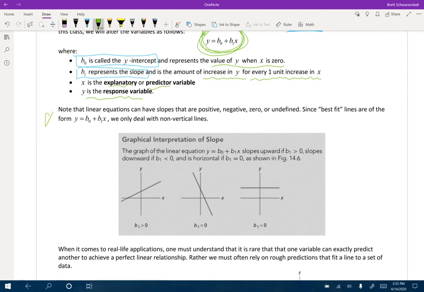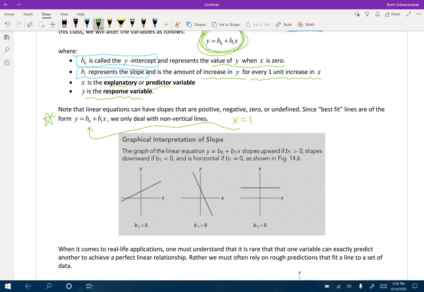Let me read here. It says, note that linear equations can have slopes that are positive, negative, 0, or undefined. Since best fit lines are of the form y equals b naught plus b1x, we only deal with non-vertical lines. Okay, so what does that mean exactly? So vertical lines have the equation x is equal to a number. So obviously, that does not fit this form right here,